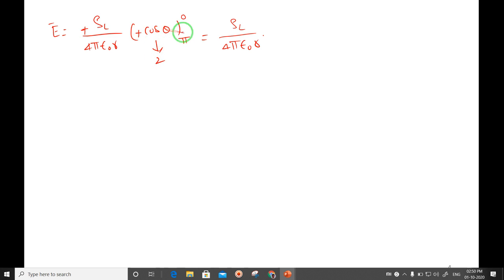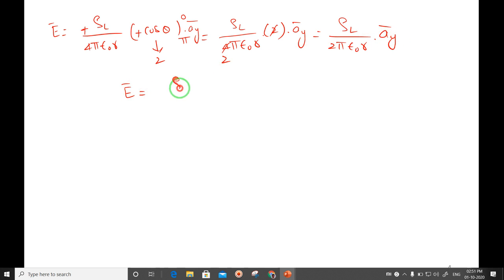Cos of 0 degree minus cos of 180 degree, because I am not putting pi. If I want to put pi, my calculator should be in radians mode. Since my calculator is in degrees mode, I will take cos of 0 minus cos of 180 degree. So from this I am getting 2. So 2 ones are 2, 2 twos are 4. I should not leave ay. I have left ay everywhere. So rho L by 2 pi epsilon naught r into ay we are getting. So final formula I will write: E vector is equal to rho L by 2 pi epsilon naught r into ay.